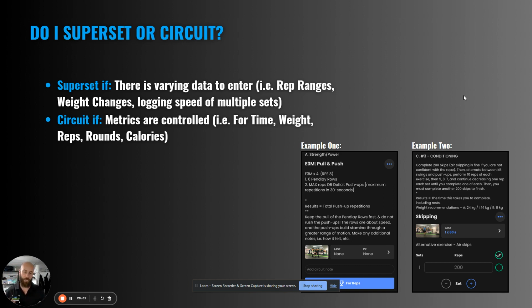If there's varying data to input, that will help you remember the next time it comes up and go from there. If the metrics are controlled, i.e. for time, for weight, for reps, for rounds, for calories, so it's like, do this in the fastest time possible. All right, then you can turn that into a circuit. The circuit condenses the workout so you can type more information into a shorter space,